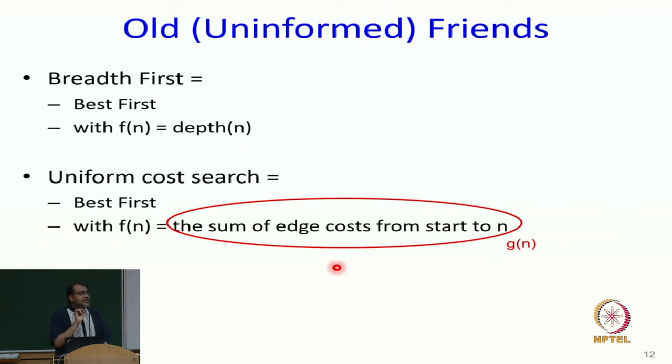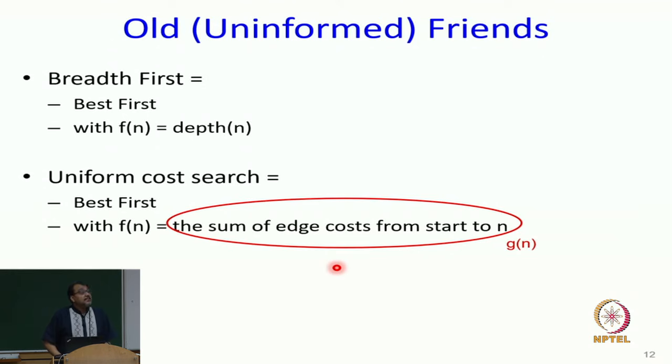F of n is the evaluation function that best first search uses to figure out which fringe node to expand. G of n says, because with every node I have a full path associated, an explicitly associated and unique path, I will say that a g of n is the cost from start state to this node, and then I will have h of n,